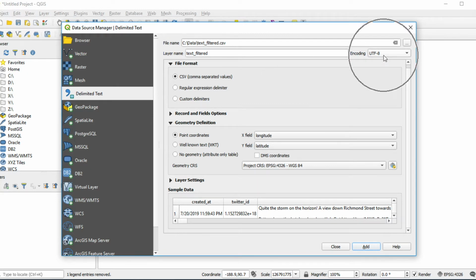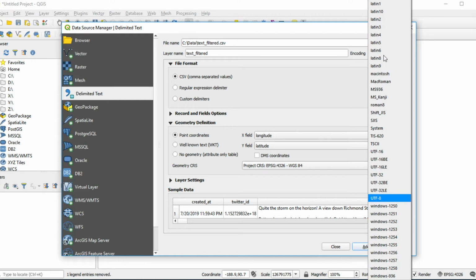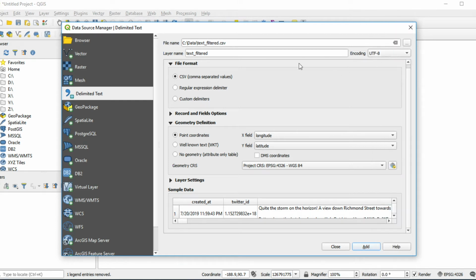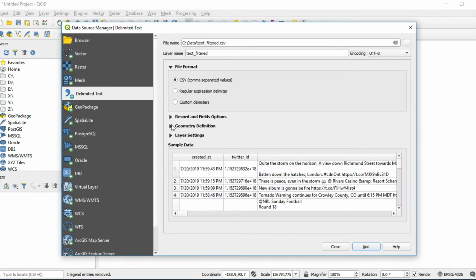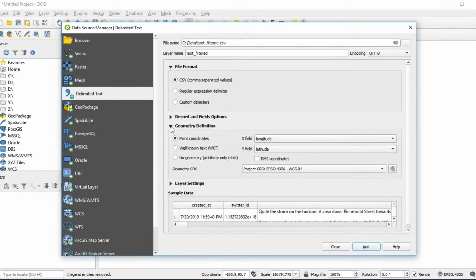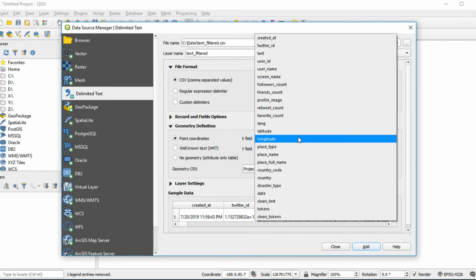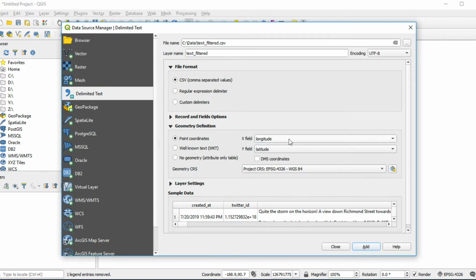After that, choose Encoding. I use UTF-8 encoding for this file. Click Geometry Definition and then choose Add Field. I choose longitude for the X field and for the Y field I choose latitude,